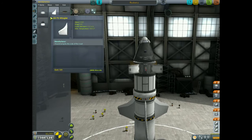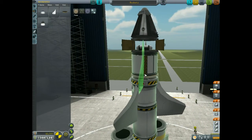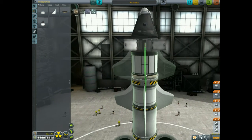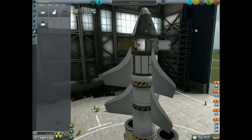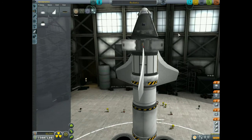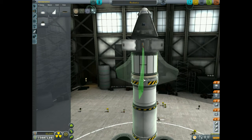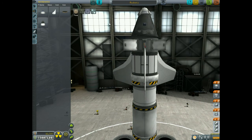And because we now have this top-heavy capsule, I'm going to go ahead and slap on some fins on the upper portion here as well, just for stabilization. In fact, I'll go ahead and remove those entirely. There we go. Alright, and we don't have any...